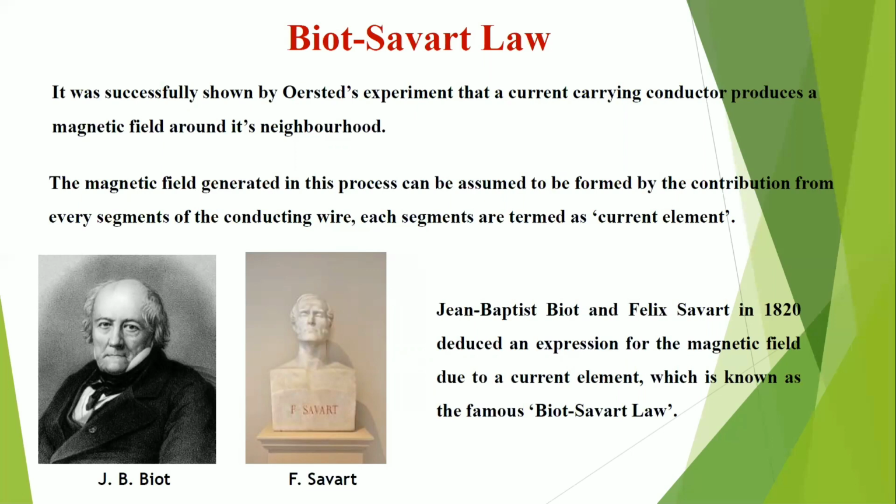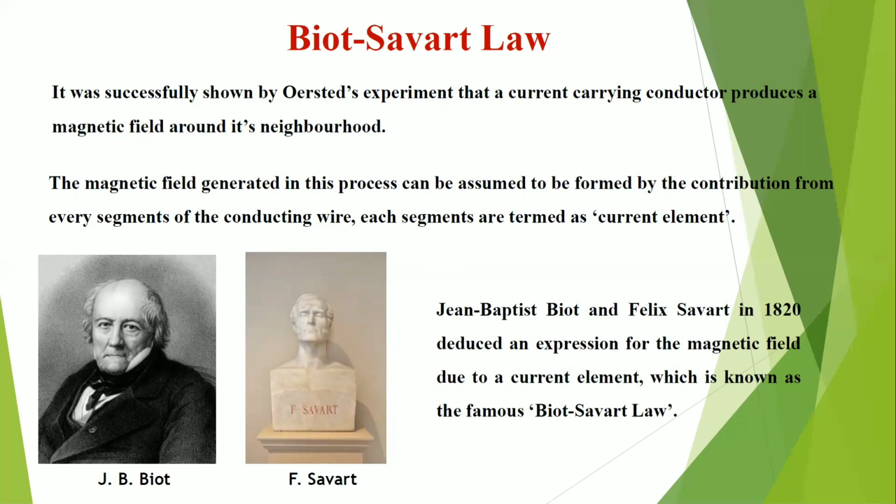although it was successfully shown that a current carrying conductor produces a magnetic field around its neighborhood, the amount of magnetic field generated due to a current carrying element was not quantitatively determined. For this purpose, Biot and Savart in 1820 deduced an expression for the magnetic field due to a